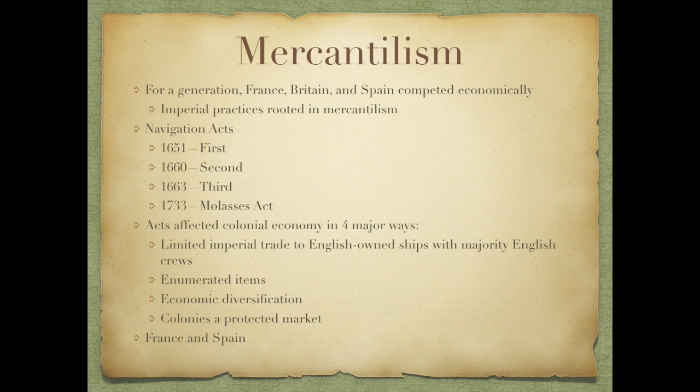In 1660, a second act was passed, which required certain enumerated commodities to be exported through England or Scotland, and it barred any imports from arriving on non-English ships. So there were certain things that had to first be brought to England. Customs had to be paid on it before it could be shipped off to other customers in other places. In 1663, another act was passed which stipulated that imports to colonies had to arrive via England as well, rather than directly from another country, which meant that it was essentially the same as the Second Act, but going the opposite direction.